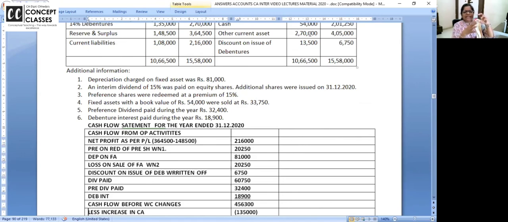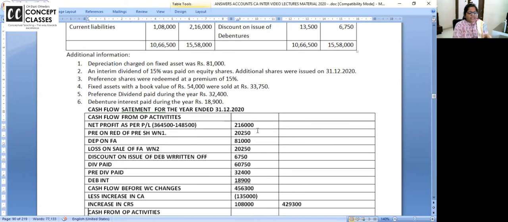Now see, current assets were 270. Current assets means debtors, prepaid, stock, anything. They were 270 and now they are 4,05,000. Increase in the current assets means more money blocked in debtors और stock लेके आए. Stock बढ़ा तभी current assets increased. Debtors बढ़े तो और you have given credit sales. Whenever a current asset is increasing, money is going out. So I have written here increase in current assets outflow.